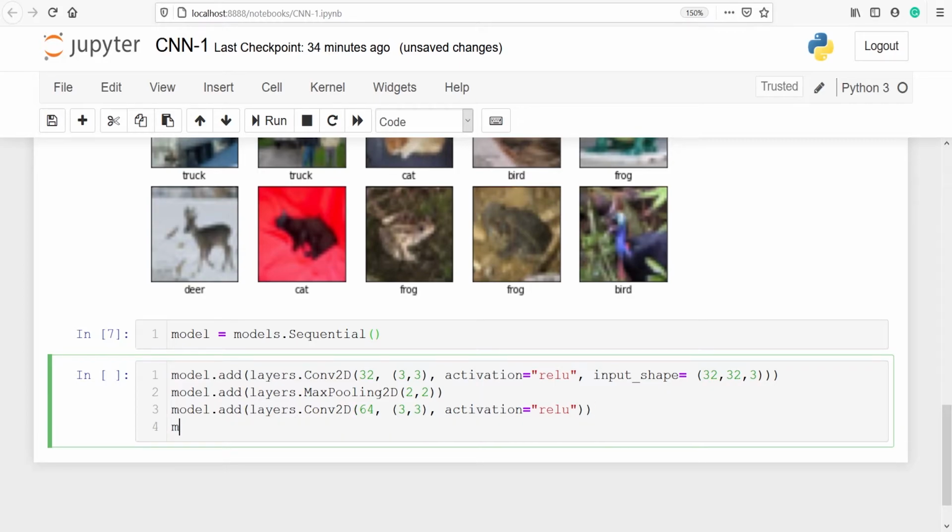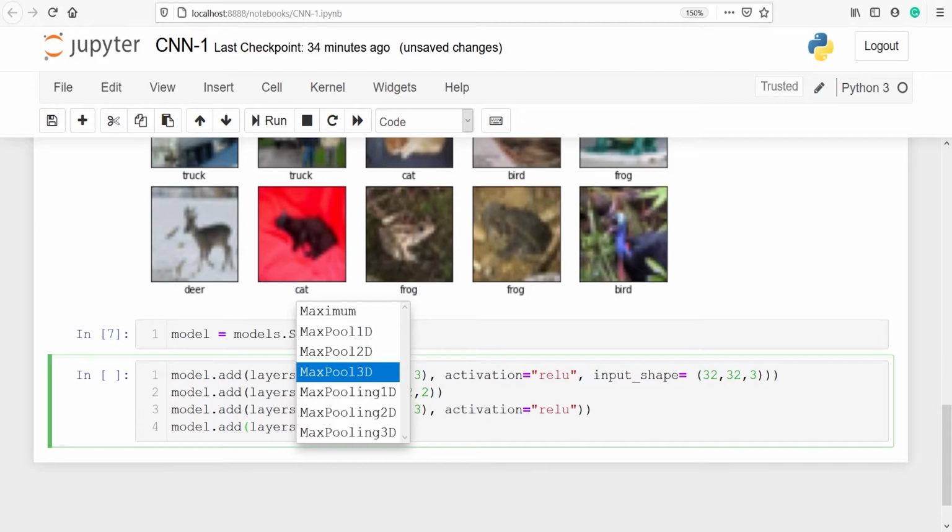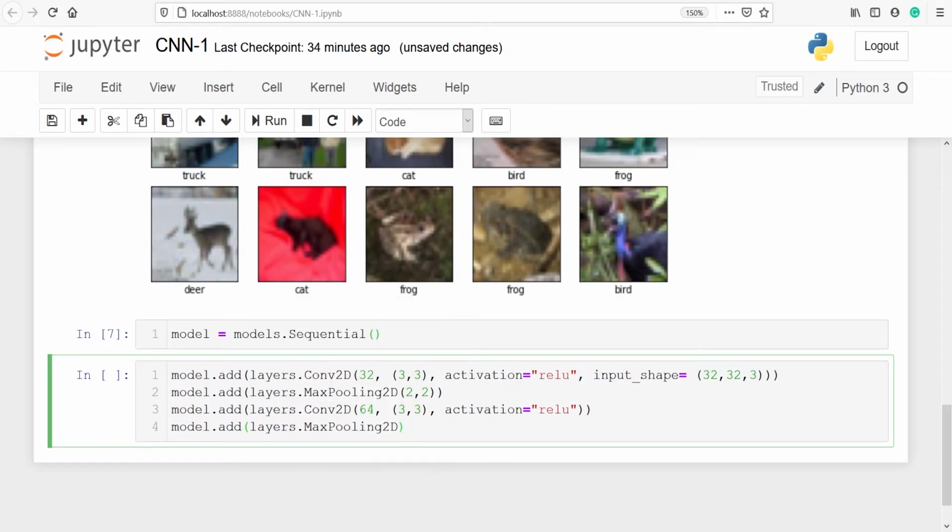We will add one more layer, model.add layers.MaxPooling2D 2 by 2, and we have to pass this like this, 2 by 2.